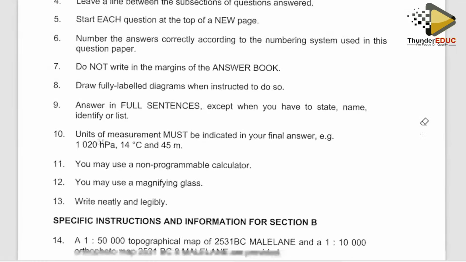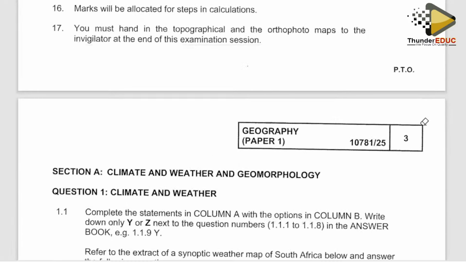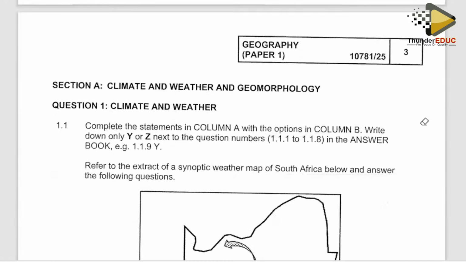So I'll take you through the questions, starting from the first question, which is the question on climate and weather, question number 1 in section A. Right. We see the illustration that we have there. We have a situation of the Southern African subcontinent, and also the coastal areas. And if we look at the 2 pressure cells indicated there, we have a high pressure cell, which is indicated